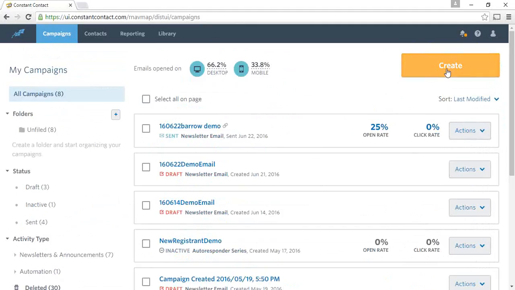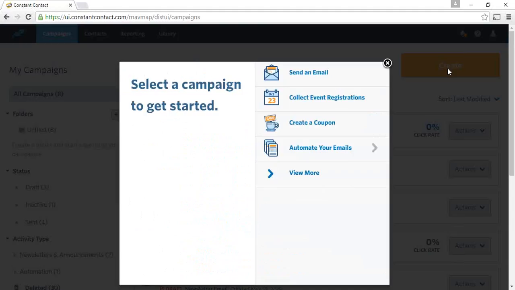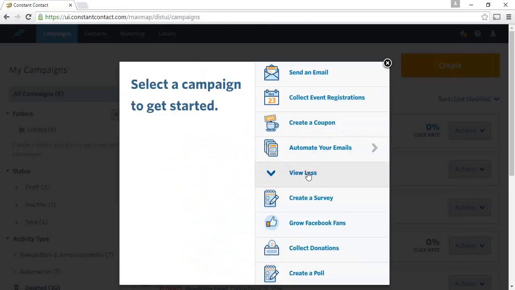To create a campaign, not just an email, but a campaign, any of the campaigns, I'm going to left click on the Create button. These are the campaigns that are available. I'm going to click on the View More down here to see all of them. If I have an email package subscription, then the only one that I can use on an ongoing day-to-day basis